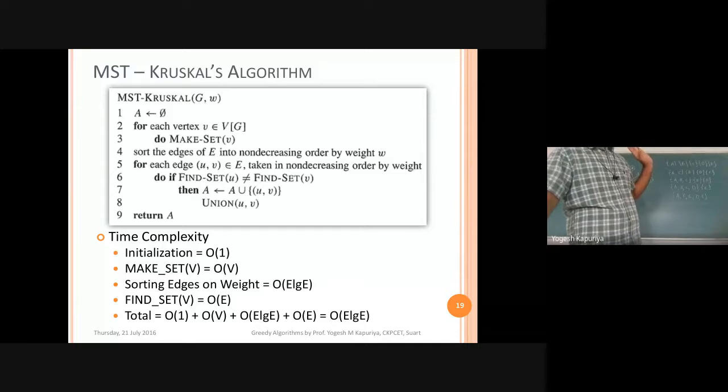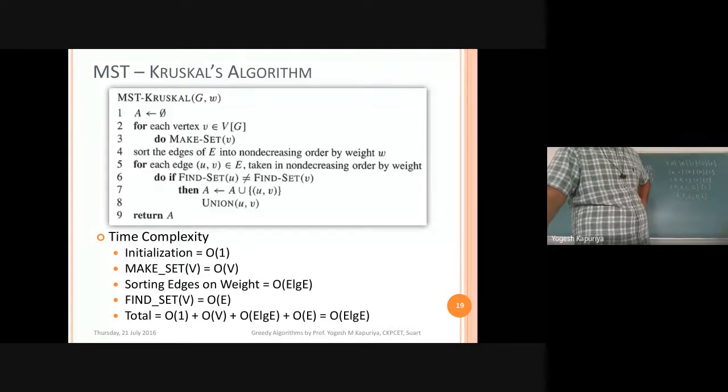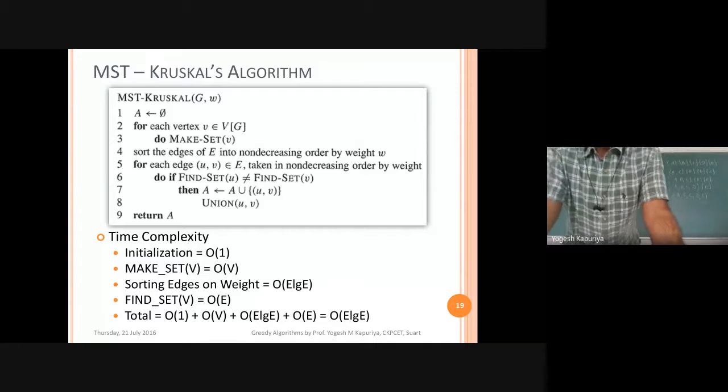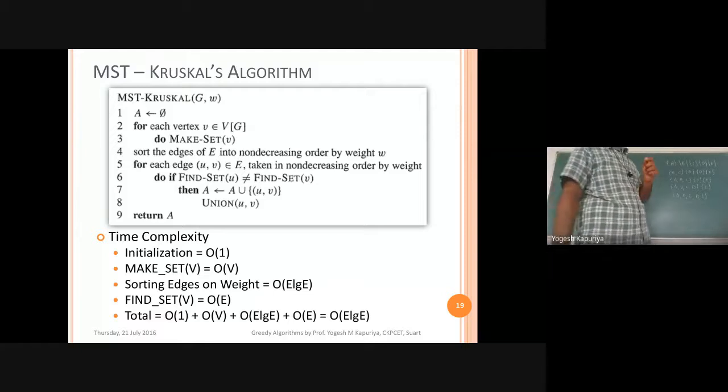Now let us try to understand the time complexity. Again, the first step is initialization, so that is O of 1. The second and third steps are a for loop. How many times are we running that loop? Number of vertices times. So whatever the number of vertices, let's say if there are 5 vertices over here, then this loop will be repeated 5 times. So basically the first for loop between lines 2 and 3 is iterating 5 times. That means V times.